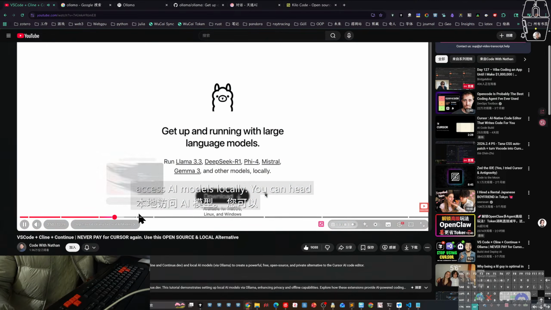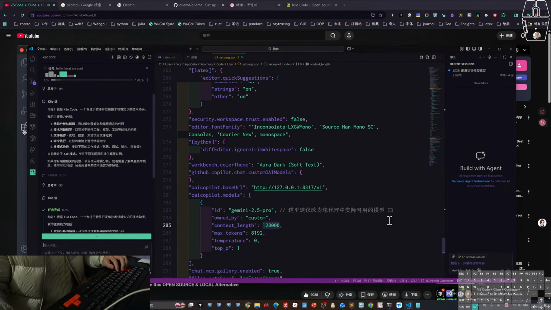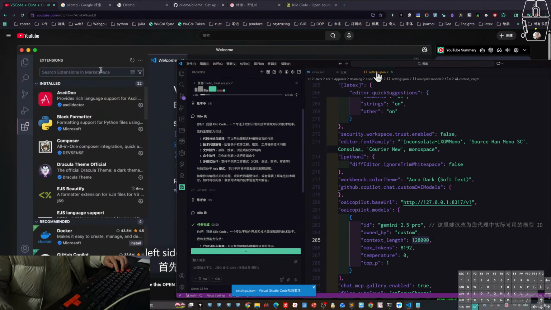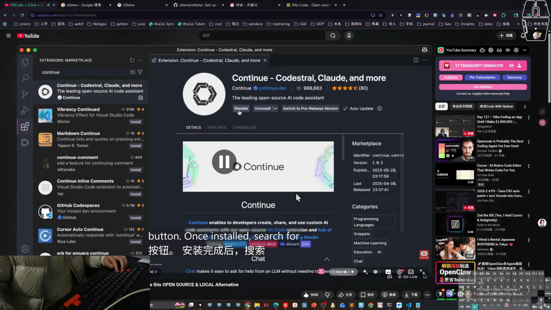Visit the VS Code extensions tab right here on the left side. First, install Continue Dev. Just type Continue Dev in the search bar to find it, then click the install button. Once installed,